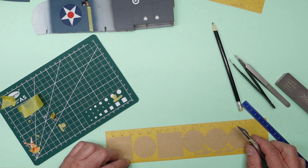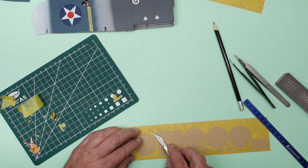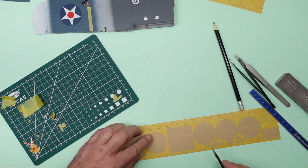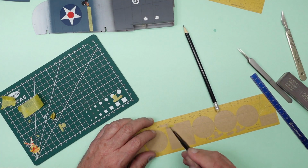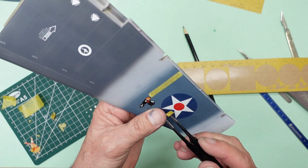Which one else are we going to use? There we go, it's this one here, isn't it? We're going to use this one here, so we'll grab a piece of tape and stick that under there. Job done. So we'll put this one in first, say. We can pick this up with our tweezers. We don't need to do any weeding. And then we can put this one,